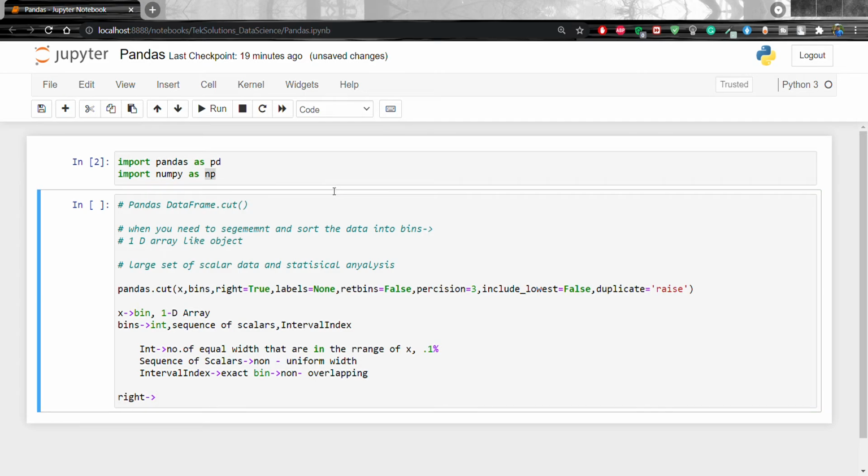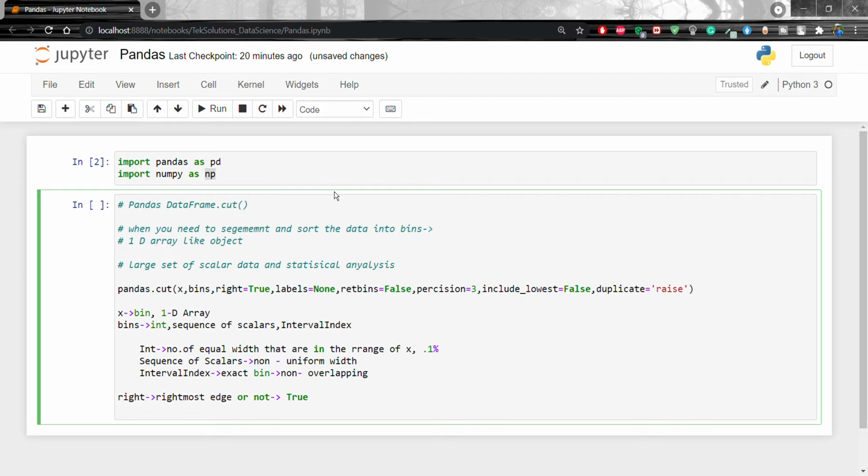Now we'll go with the next one, right. What is the significance of right? It consists of a Boolean value that checks whether the bins include the rightmost edge or not. Its default value is true. Next one will be labels.